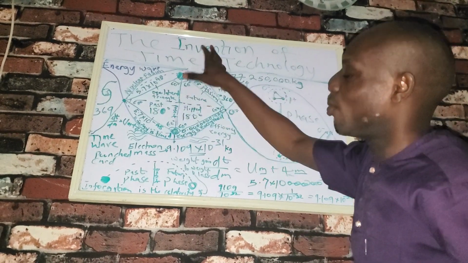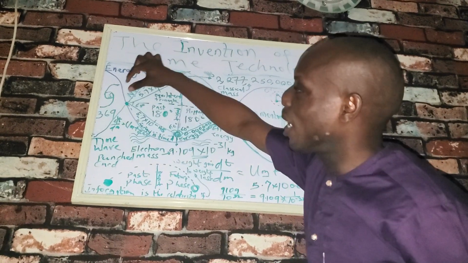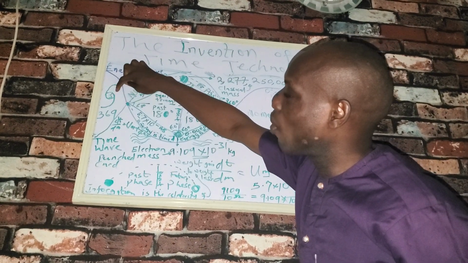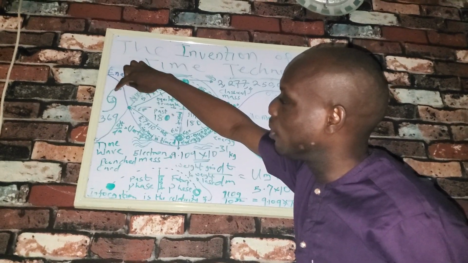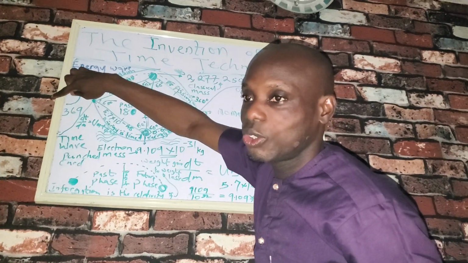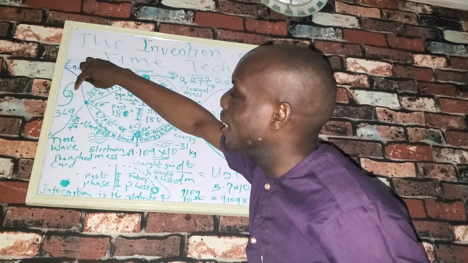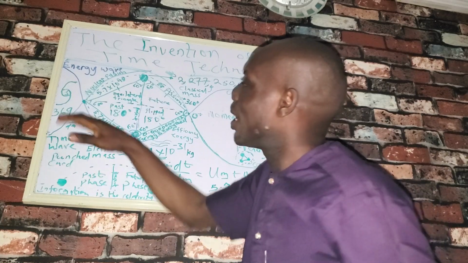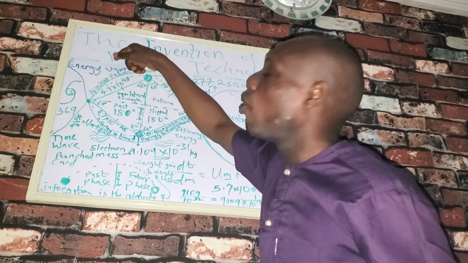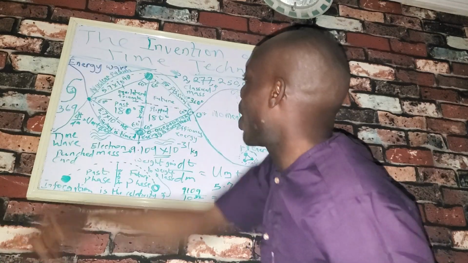So we can have this kind of icon for 369, where you have the 0 of 9 being stacked on the 0 of 6. So 6 is pointing towards the future, while the 9 is pointing to the past, and that 3 is the connector that will actually transport energy from the past into the future, or energy from the future into the past.